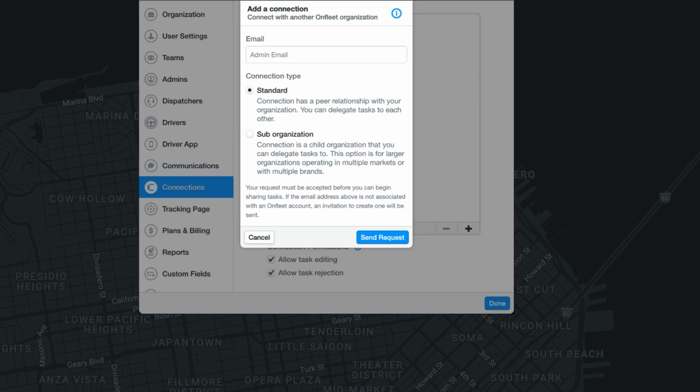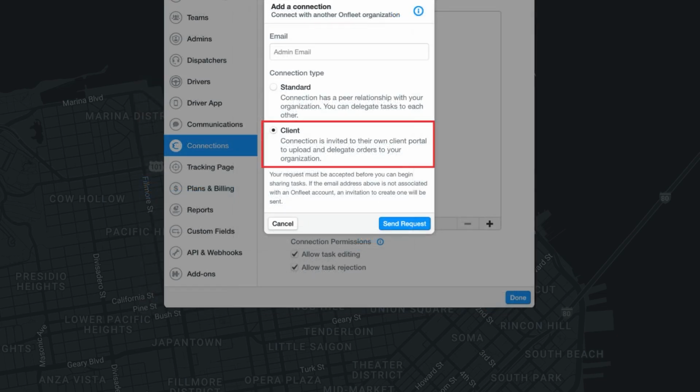The Connections feature allows you to connect to another Onfleet organization or to create a sub-organization to delegate tasks to. There's also a third connection type called a client connection. If you are a courier organization, you may use the client connection to invite your clients to the Onfleet client portal. From the client portal, they can create tasks through the API, CSV import, or manually